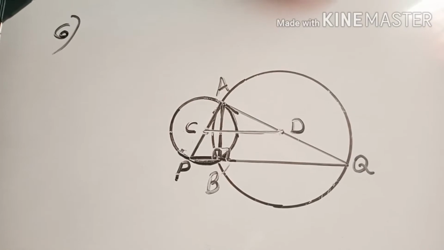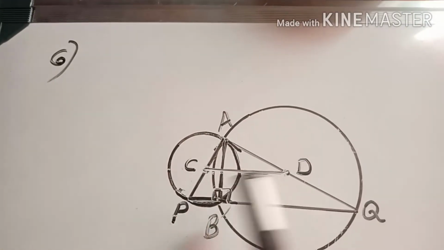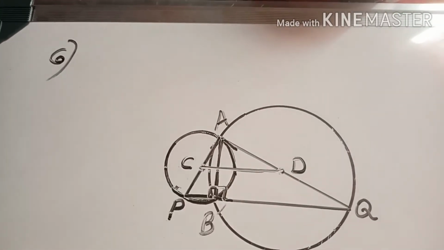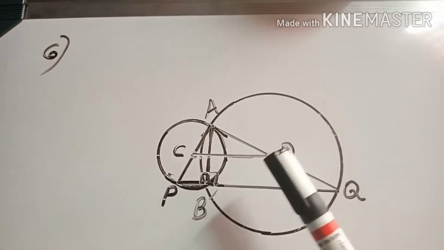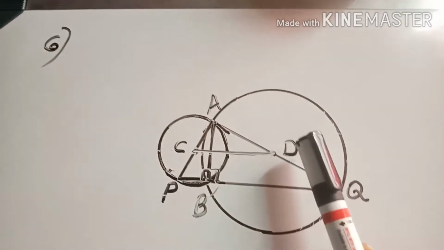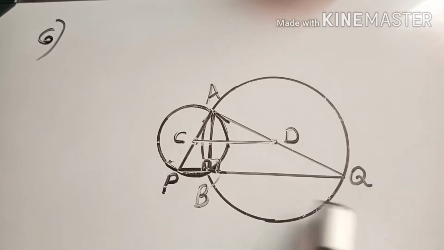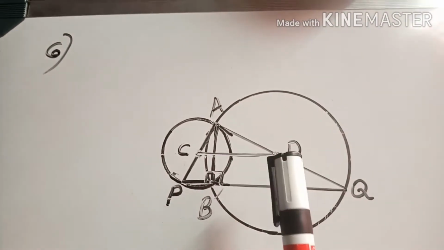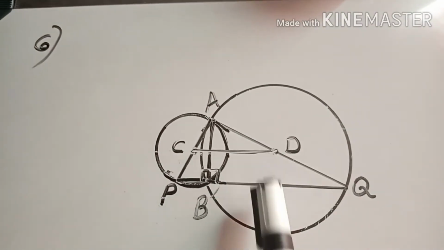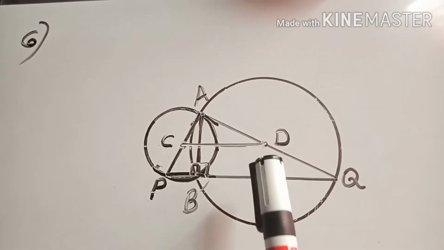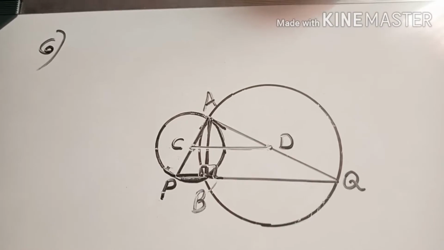Second sub question is prove that the line joining the center of these two circles. So here C is the center of the small circle, D is the center of the large circle. So CD, the line joining the centers of these two circles, is parallel to the line PQ, and it is half the length of PQ. Okay, we have to prove these two are parallel lines and we need to prove CD is half of PQ. That also we need to prove.